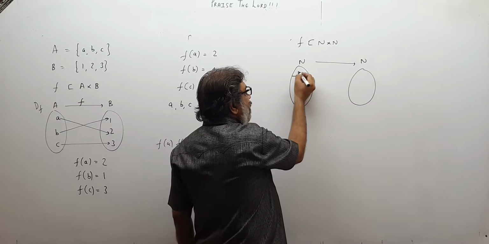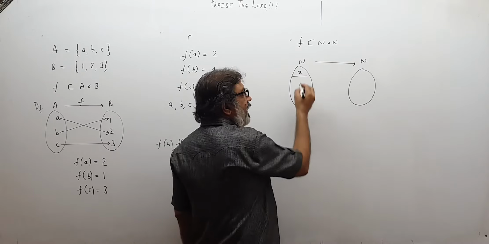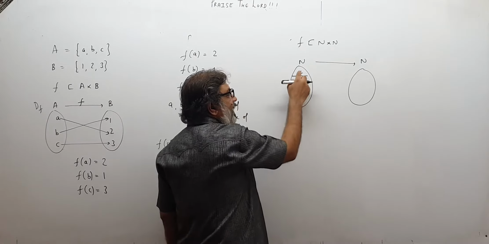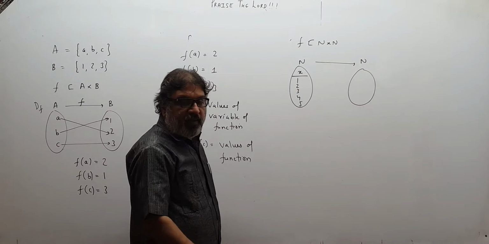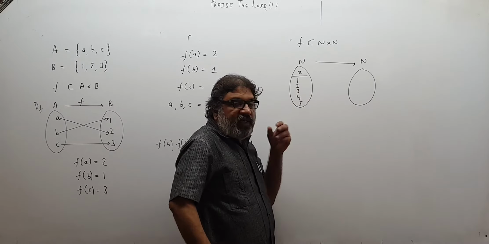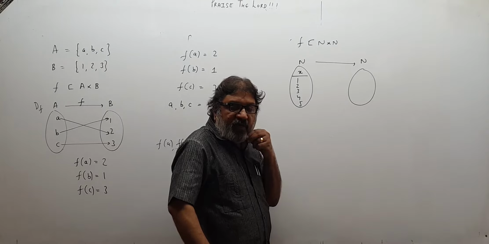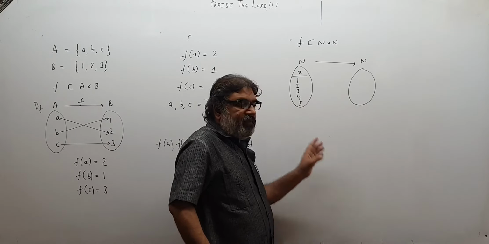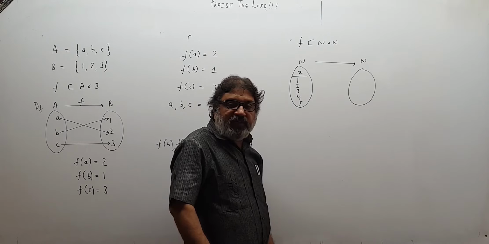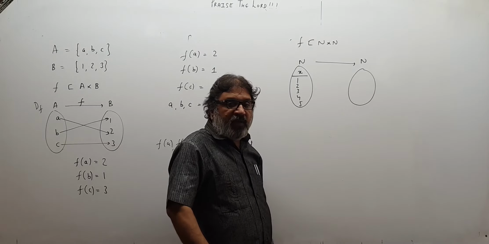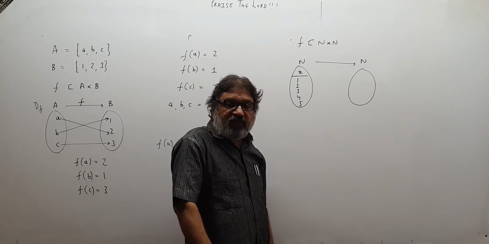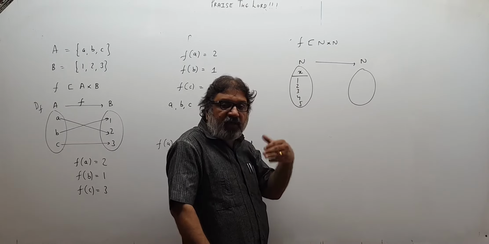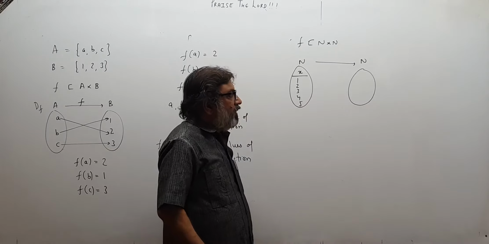So supposing I take up x from here, any value, x can be 1, 2, 3, 4, 5. These are the values of the variable. They are got from the domain. Let me call them by the symbol x, where x can be 1, 2, 3, 4, 5. The domain of the function is the set of natural numbers. It contains values 1, 2, 3, 4, 5, 6, 7, and so on.